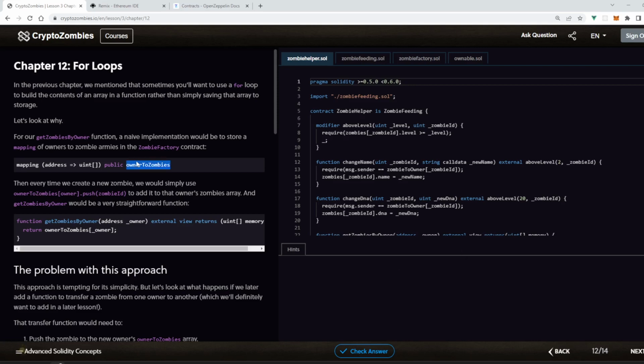Here it is, ownerToZombies. And every time we created a new zombie, we would simply use ownerToZombies[owner].push(zombie) to add it to the owner's zombies array, and getZombiesByOwner would be a very straightforward function. Here it is. The problem with this approach is that it's tempting for its simplicity, but let's look at